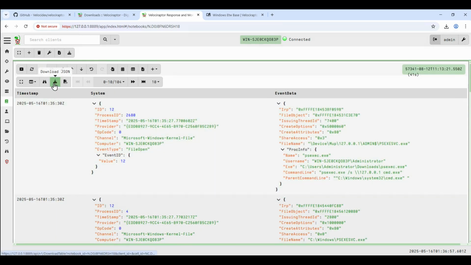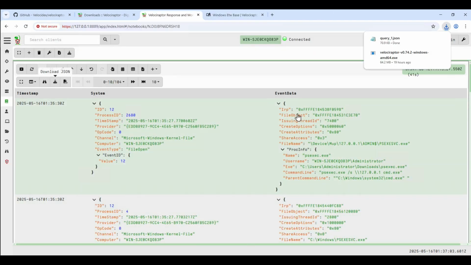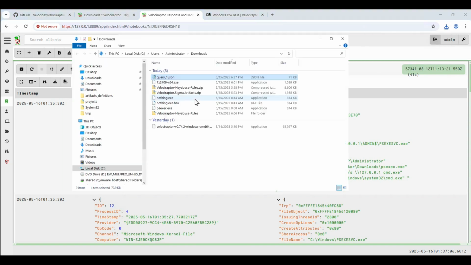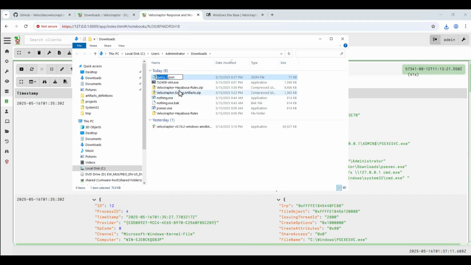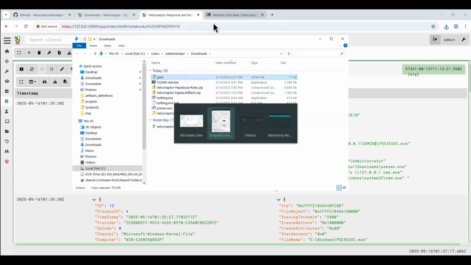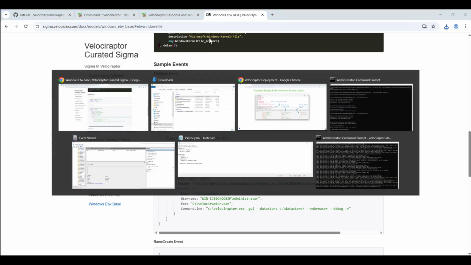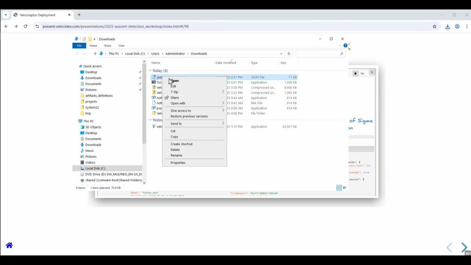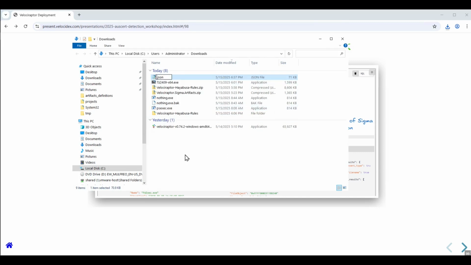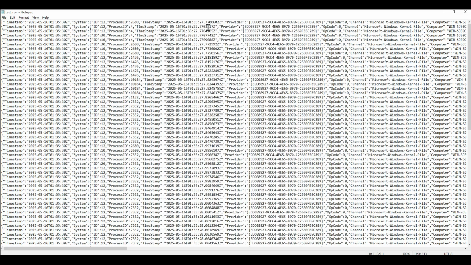All right, so what we're going to do is we're going to click download JSON. That's going to download this data as a JSON file. And let's just rename that so we can remember what it's about. Okay, so we're just going to rename that JSON file. And we're going to call it, what was I supposed to call it? Let me just see. Test.json, okay, whatever. We'll call it test.json. Rename test.json. And if you open it in Notepad, then you'll see that basically it's a JSON file and